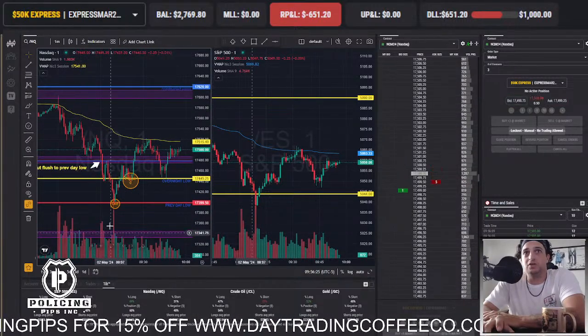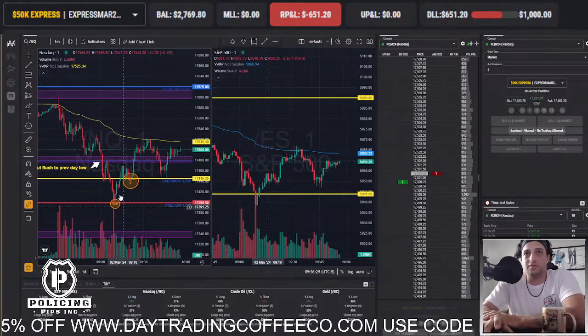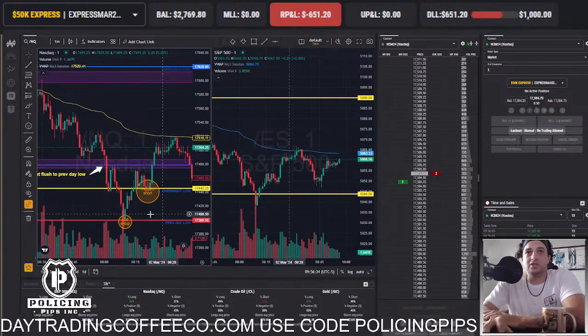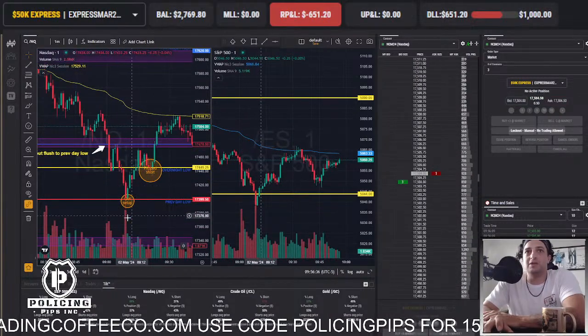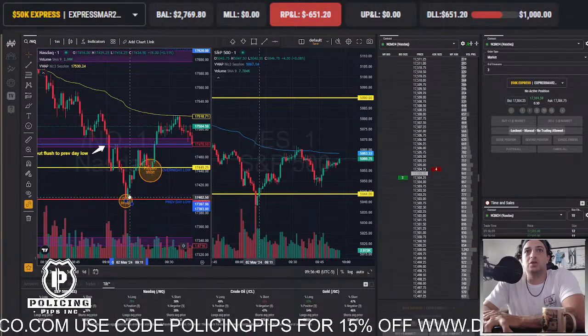and don't talk yourself out of making your good executions, right? This was pretty clear to me. We got lows, we flushed it. We had a secondary flush right into my levels. This is why we draw these levels up every single day. They work time and time and time again. Failed breakouts work time and time and time again. It's just a matter of executing appropriately